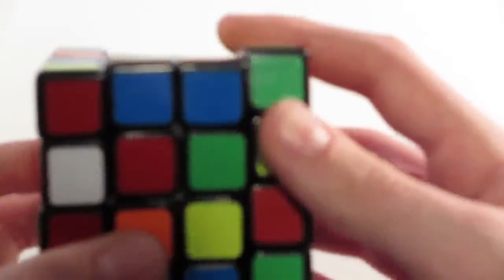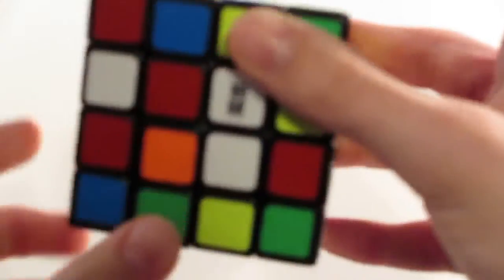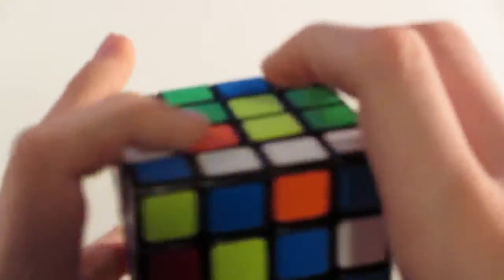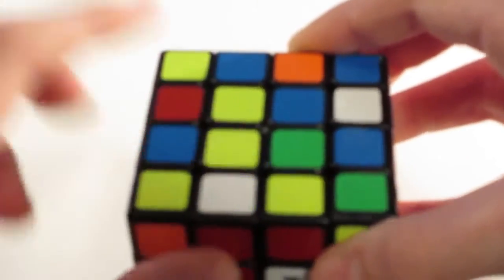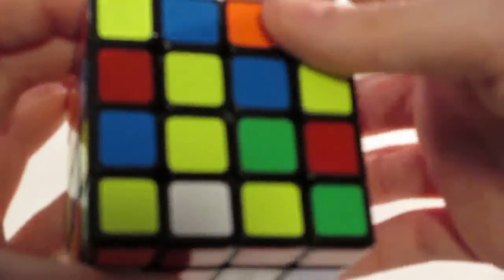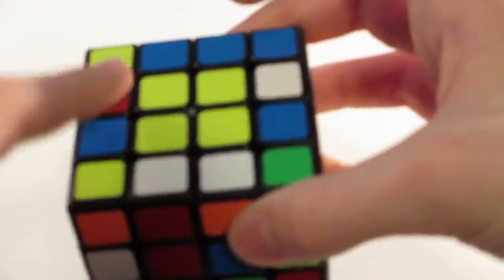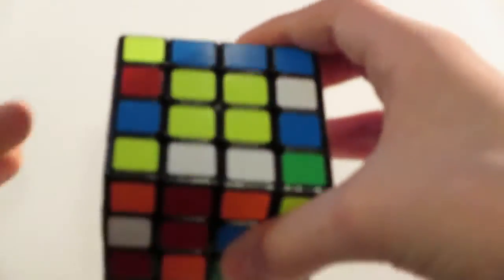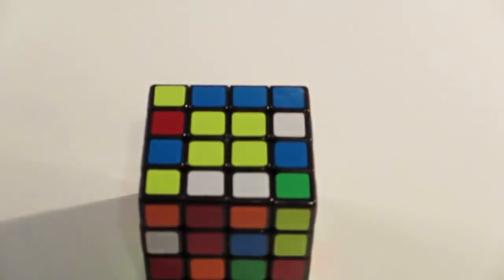The lowercase r slice. Then you make this bar. But again, it messes up this and pushes this out. So just like we did down there, you want to move this out of the R slice. Then when you fix this, this piece does not get affected. If you just bring that down, then the yellow center is solved and the white center is solved. You can watch that however many times you want. I'm sorry if it was a little confusing, but that is how you solve the first two